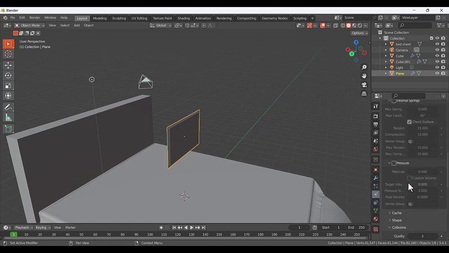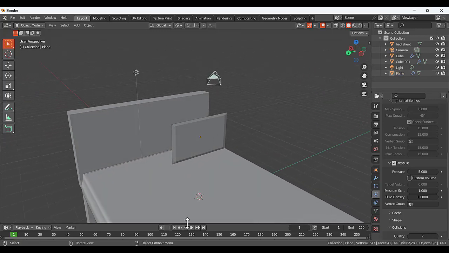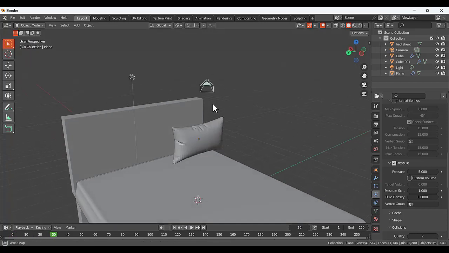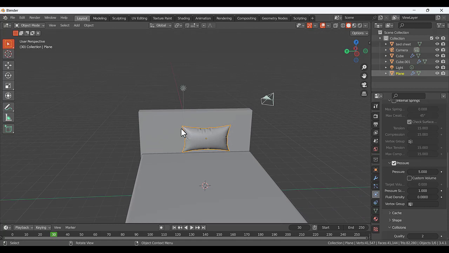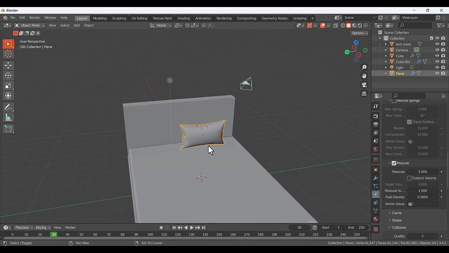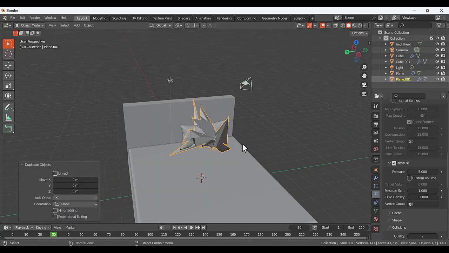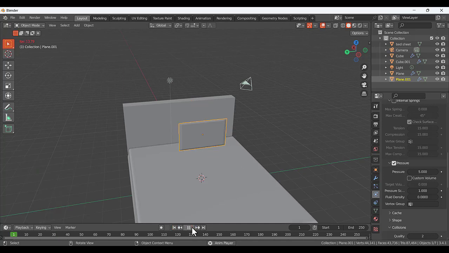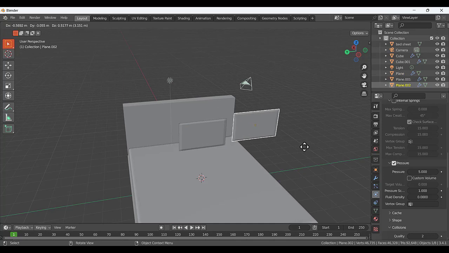So at this point this pillow is looking good. I'm going to select this one, Shift D to duplicate it, and then press Y and place it here, and now run the simulation, and you can see we have two pillows here. So select this one, go to modifier, and we are going to apply the cloth modifier here for this one, and then shade smooth,